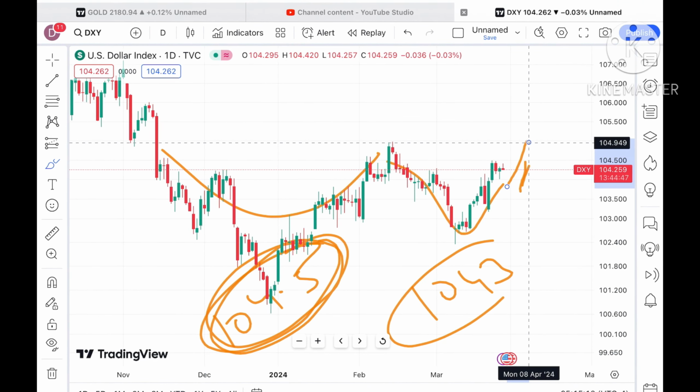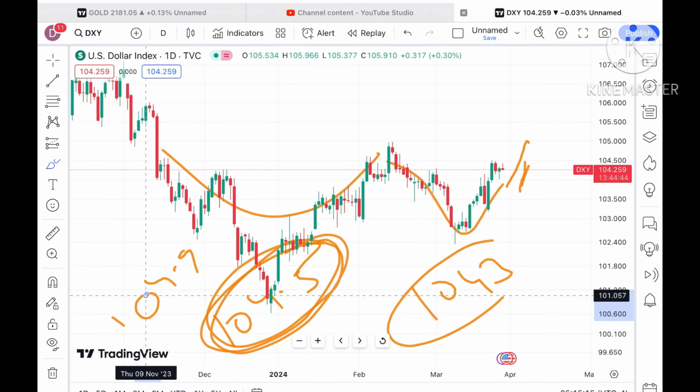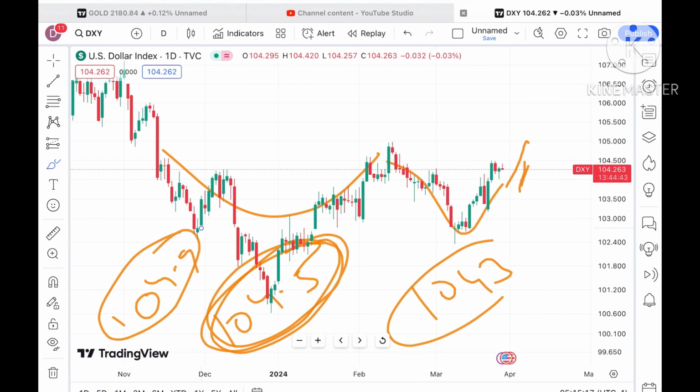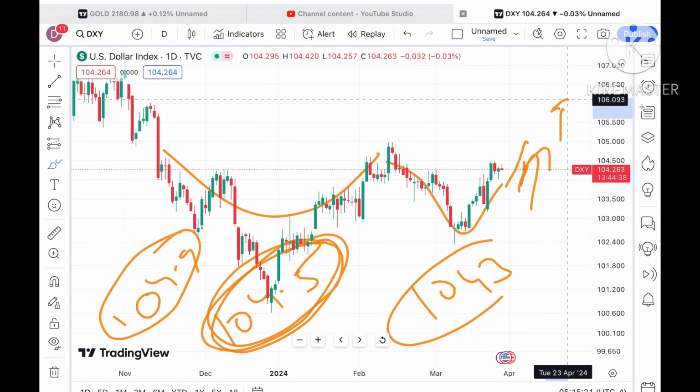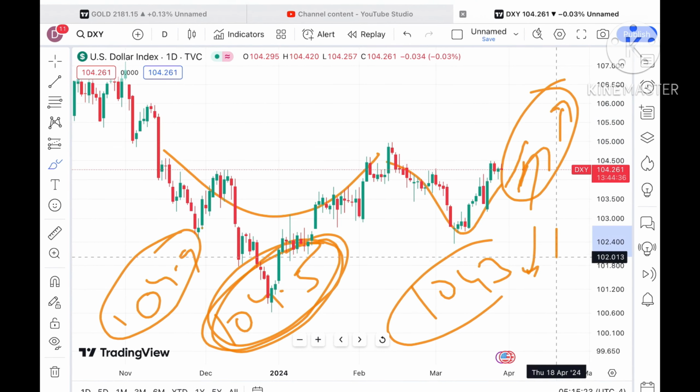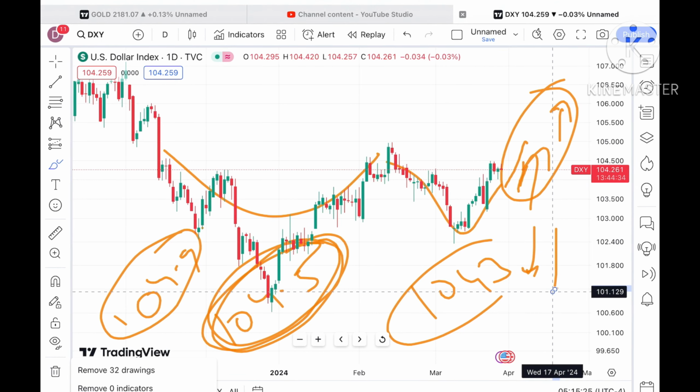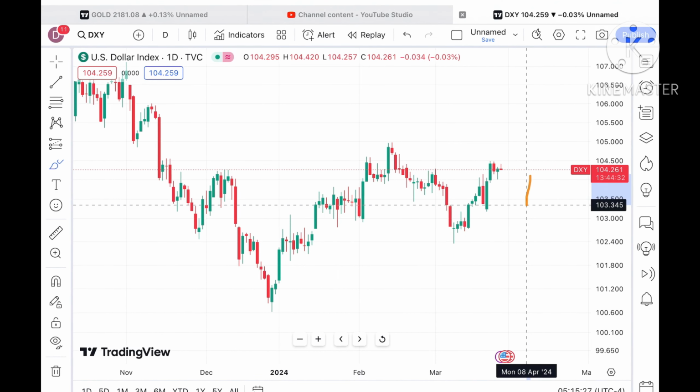$104.5. But as soon as it starts going above a level of $104.5, we can see a further upside, and then there is a probability of crossing a level of 104.9. Okay, and then if the price sustains above that level, a further upside. Okay, if the price of the dollar index starts moving upside, we will see that the gold price will move further